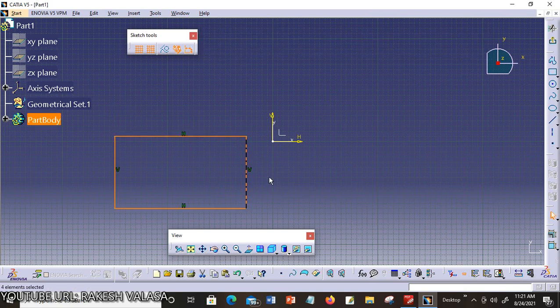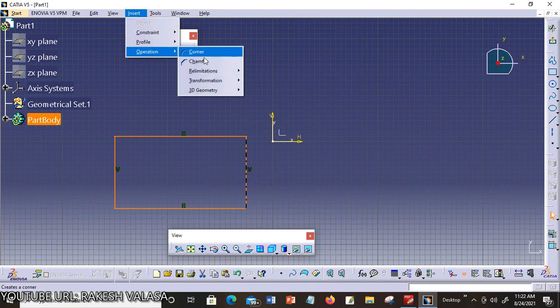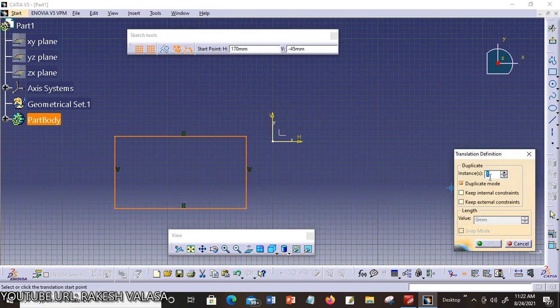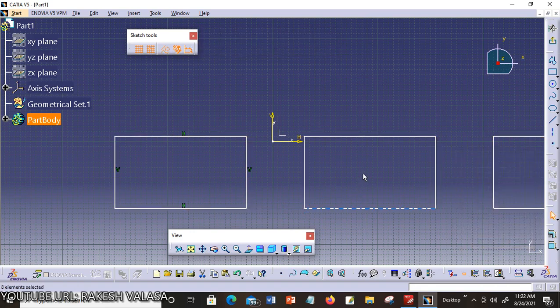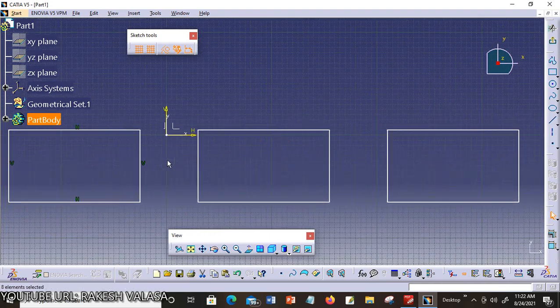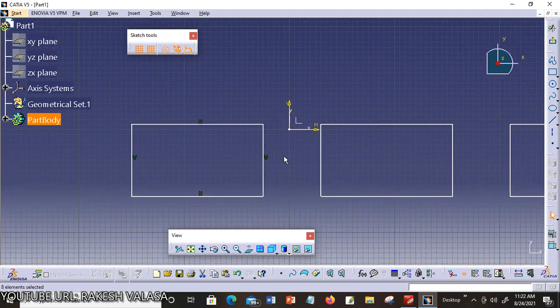For explaining these 6 options, I have duplicated this rectangle using Operation, Transformation, Translate. I am choosing 4 duplicates from this point to this one. I have created 5 copies by using the translation option.